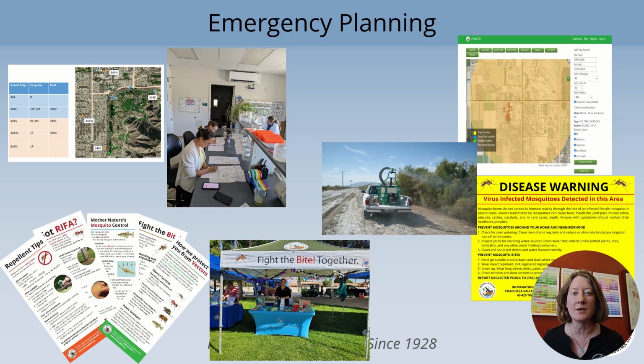In operations, vector control technicians will move from routine work to focusing on areas with virus activity, or on areas with high mosquito populations. They use our internal system to see known mosquito habitats that need to be checked. They post disease warning signs at intersections and entrances to communities. They also look for areas of non-flowering plants where an application can be made to target mosquitoes that rest on those plants. Our public outreach department increases their communications to the community, targeting the same areas where virus or mosquito numbers are higher. They spend more time reaching out to and educating leaders and residents in those neighborhoods.